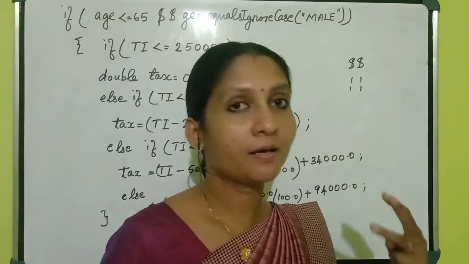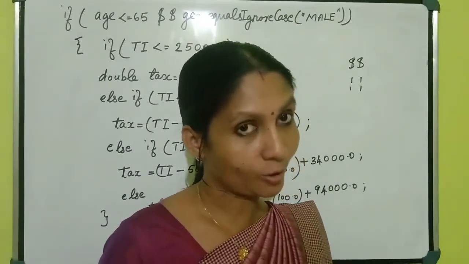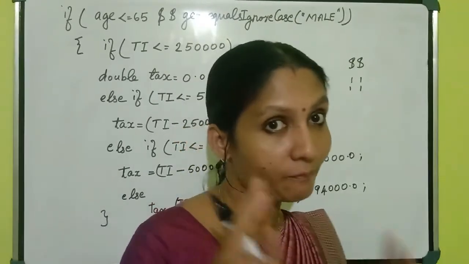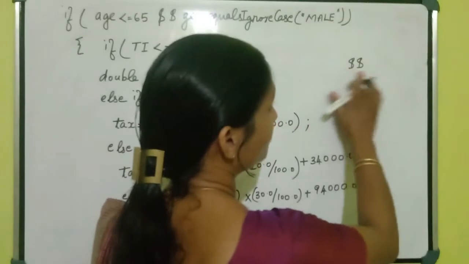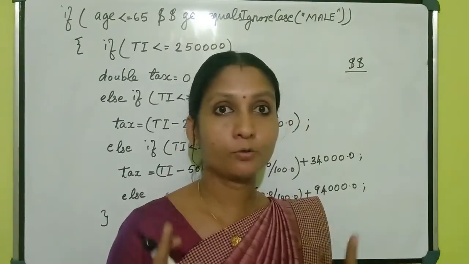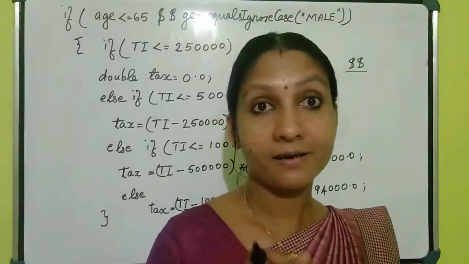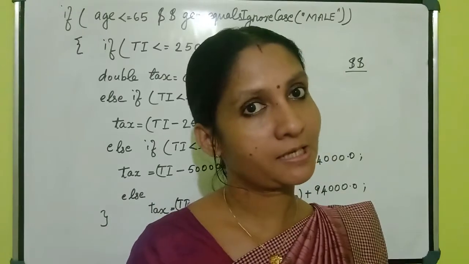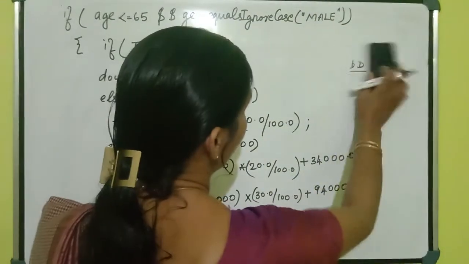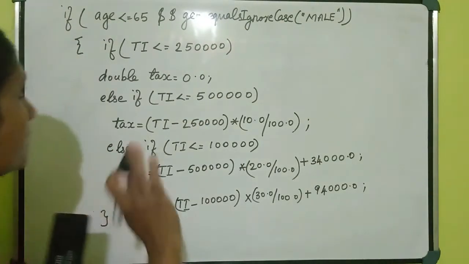But if you are checking that the age is less than or equal to 65 and also the gender is male, there we need to satisfy both conditions. Then we have to use this AND operator, and not only one AND, you have to use two AND operators, because we are using this AND operator in an if condition. That means it is a logical operator. Okay. Then I will show you how to use this one. First we have to give the condition like this. First we will start with the help of an if statement.